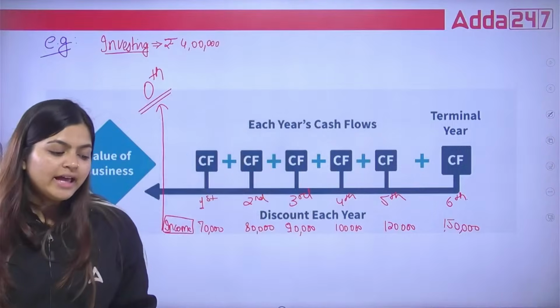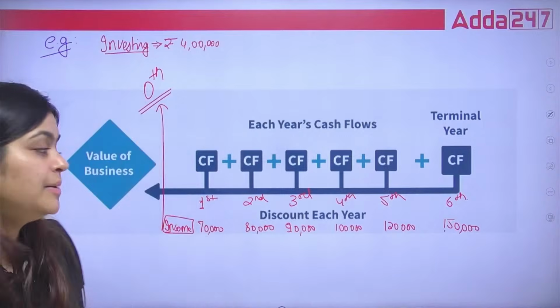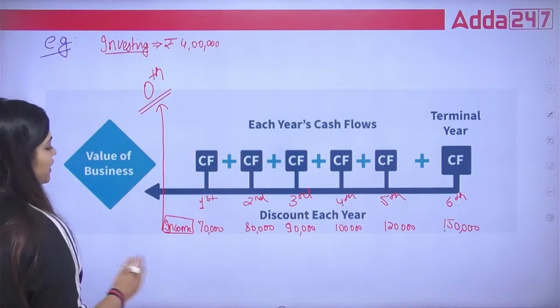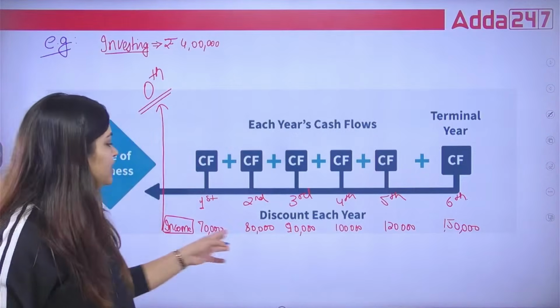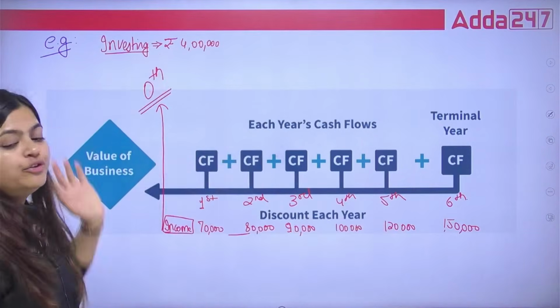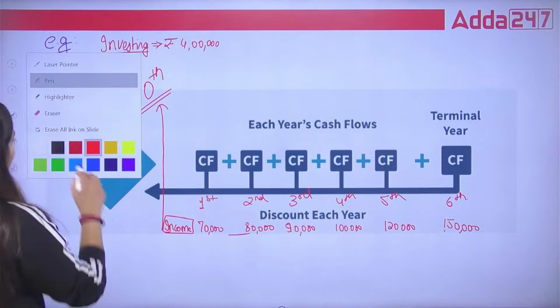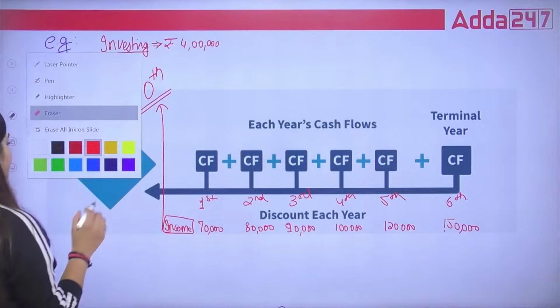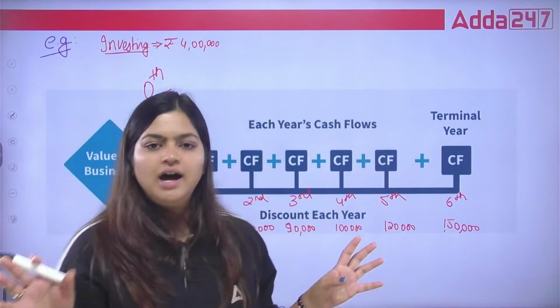Okay. If I am using non-discounted method, means if I am using, suppose, payback period method, what you will do, you will just add all these cash flows. You will add all these cash flows till you recover your 4 lakhs. This is a normal calculation. As a layman, we always do. Okay, as a layman, we always try to add our future incomes, and by that we always say the answer.